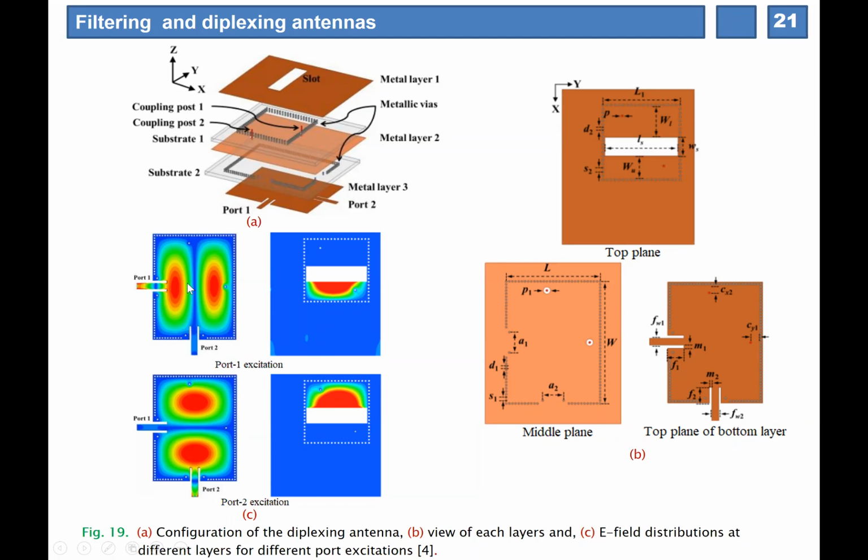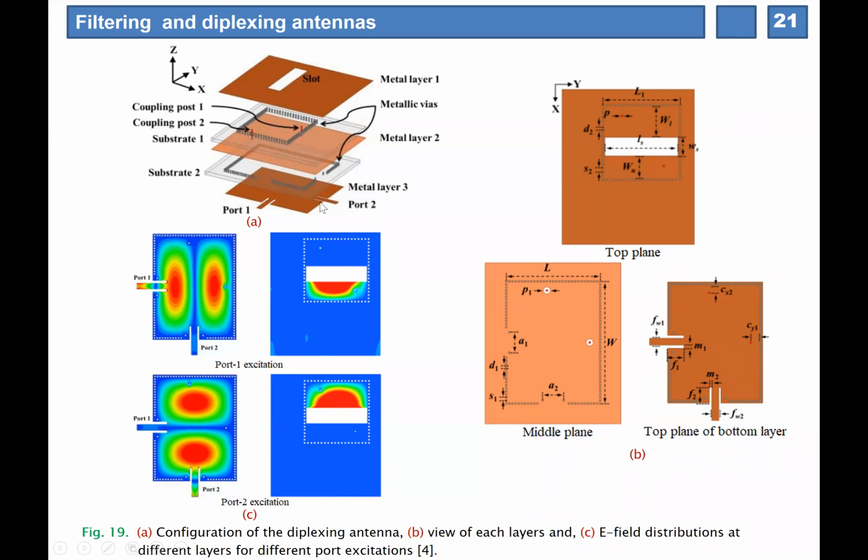So when port 1 is exciting the lower resonator, port 2 will be at the electric minima of that resonant mode. You can see here, so there is no energy flow from port 1 to port 2. So these two ports are isolated. When you excite at port 2, the mode will be TE201. At that time, the electric field distribution will be like this. On the middle plane, it will have electric field 0. So there will be no energy coupling between port 2 and port 1 for the second mode also.